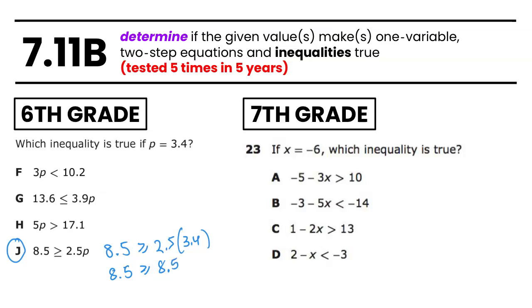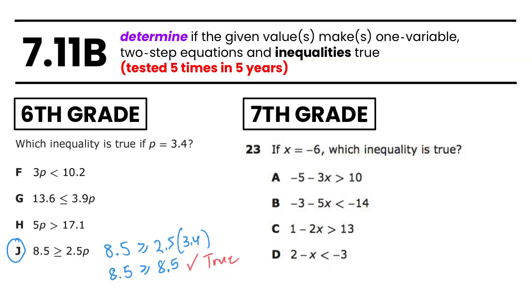Students are going to need to know that that is a true statement in order to be able to tell you that the inequality is true whenever P is equal to 3.4. One thing that students will really struggle with is the plugging in and doing the PEMDAS, but also making the comparison of the inequality. And so our resources in Eduphoria actually begin with this skill, where students have to substitute in a number. It's a very easy substitution, but then they have to make the decision on, is the inequality